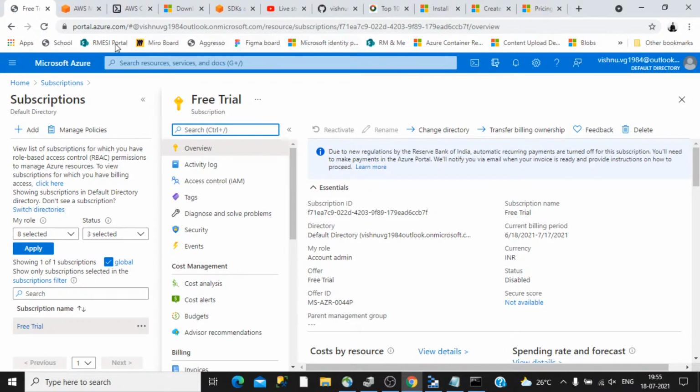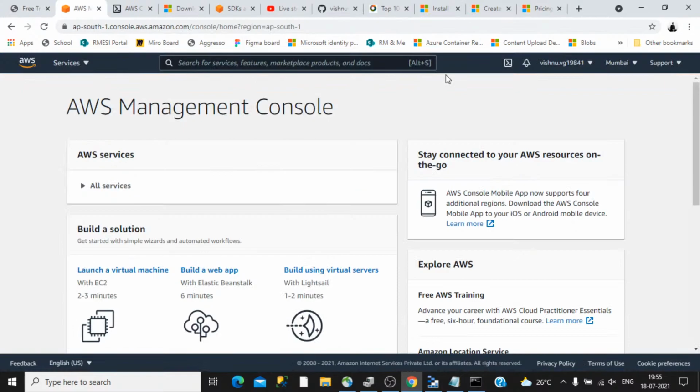That is on offer. But in Amazon there is no such concept of a subscription, so you have to be extra careful while allocating the resources. There is a possibility that you may get charged.